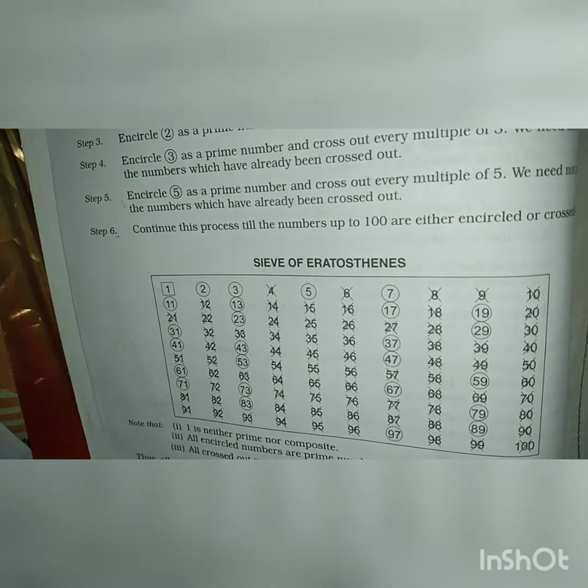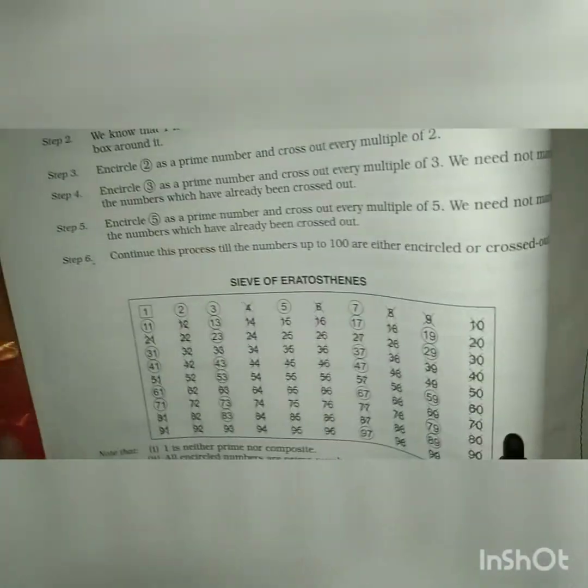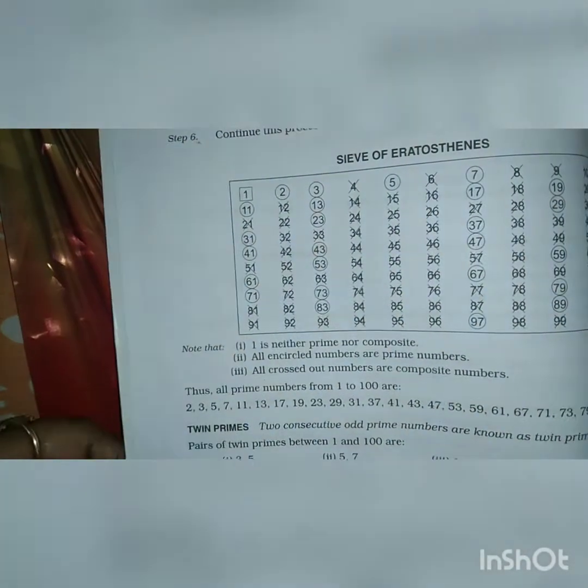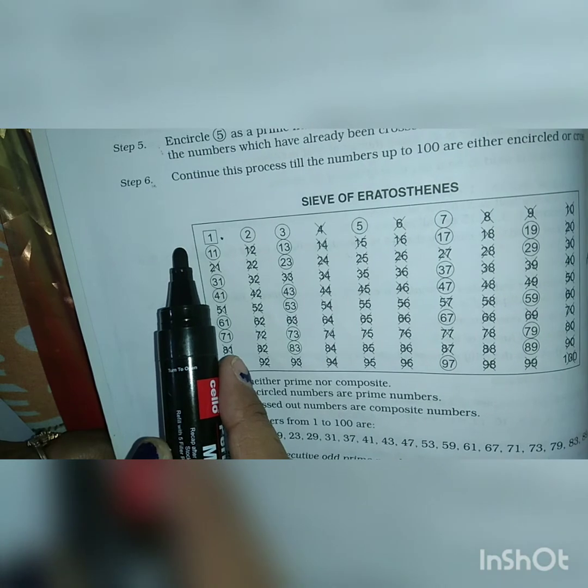Prepare a table of numbers from 1 to 100, taking 10 numbers in each row as shown below. We know that 1 is neither prime nor composite. So we separate it out by making a box around it.